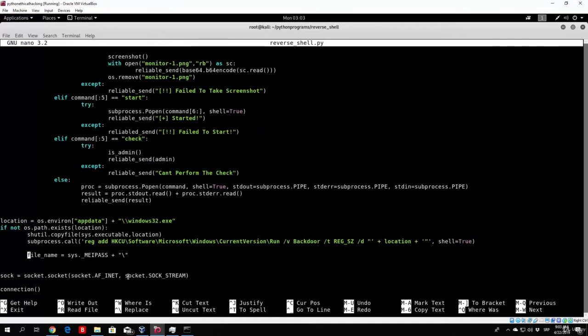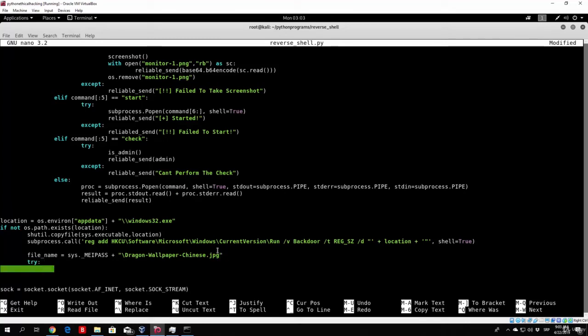So use your JPEG image, paste it right here. We can see right now we have the full path, and all I want to do right now is try to open this path with subprocess.Popen. We want to use the subprocess library so we can continue executing our code even after the image is opened. We want to open the program, or in our case, the image, at the location of file name,